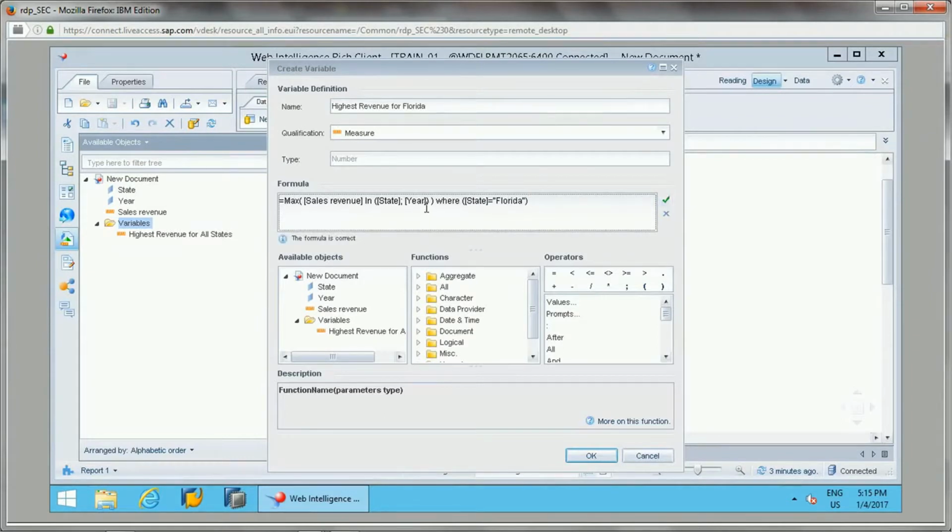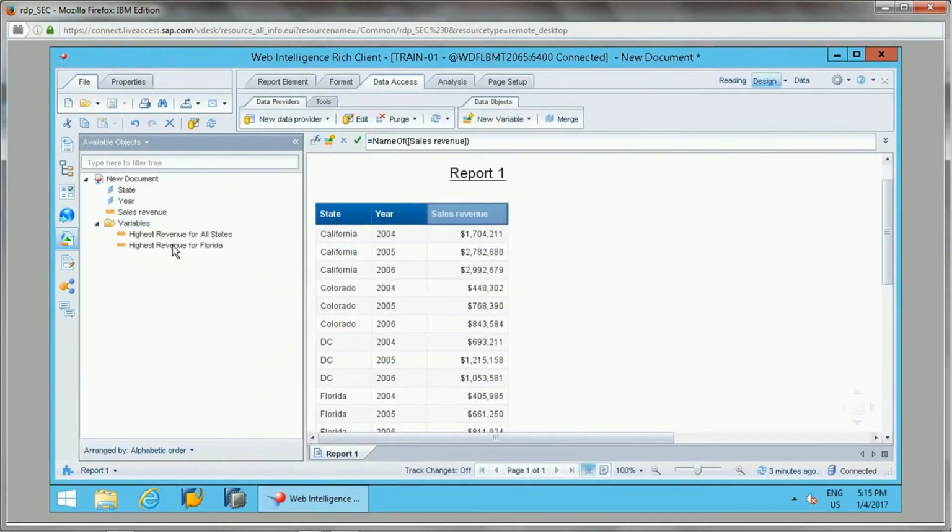This Where operator restricts the data for a particular condition, meaning we want to display the data in the state of Florida. Just click OK.